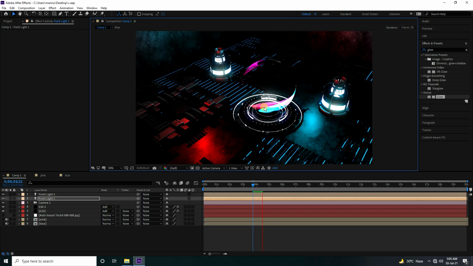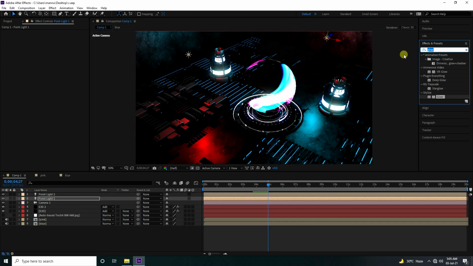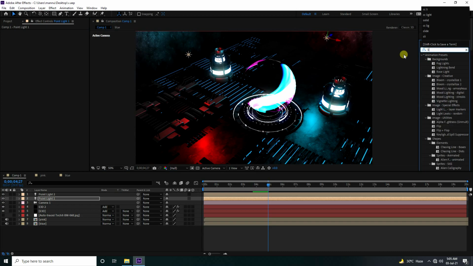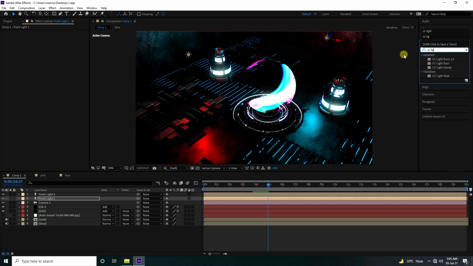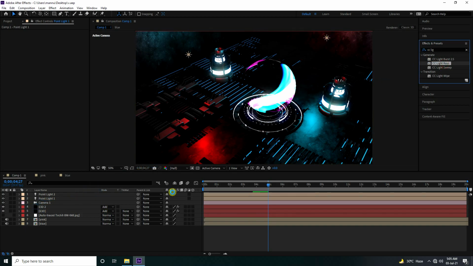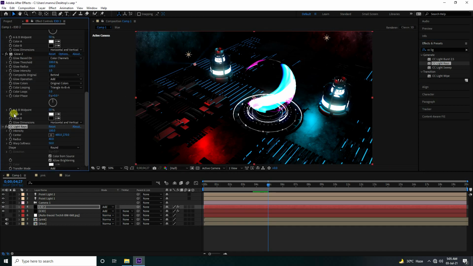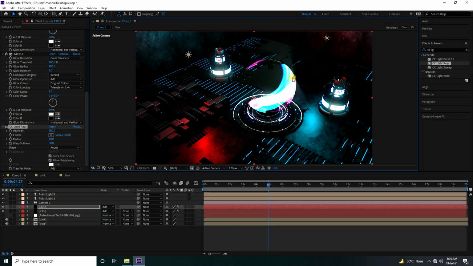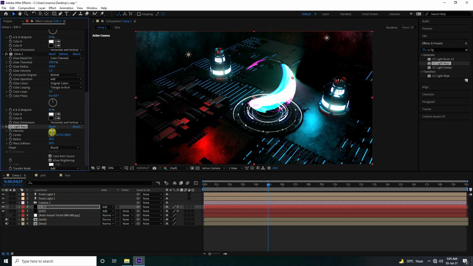Okay, so guys, now last one, I apply ray light effect. So guys, top and light ray, CC light ray, select this one and apply on E3D layer 2, yeah. So guys, select this light, this one, and center light go on here, yeah, and intensity like 200, yeah, and radius I like 50, yes.